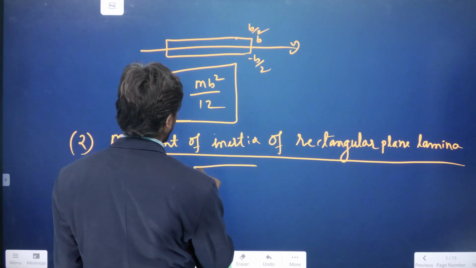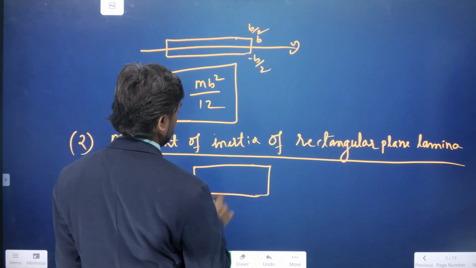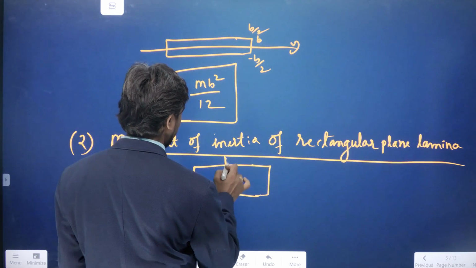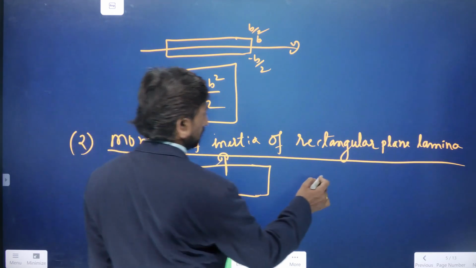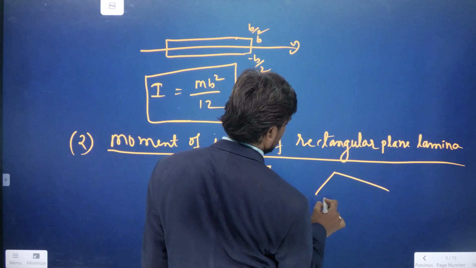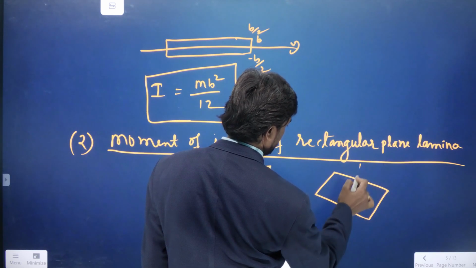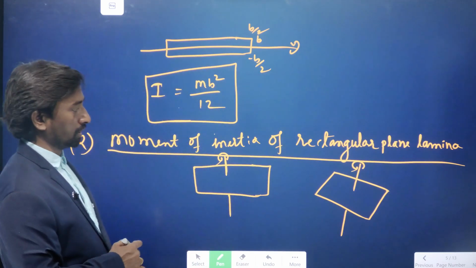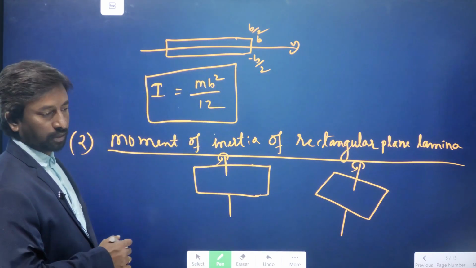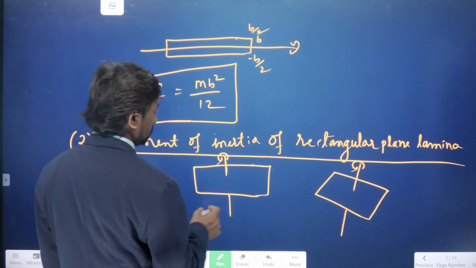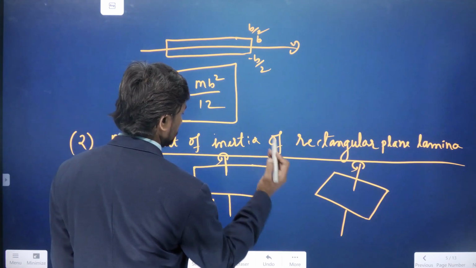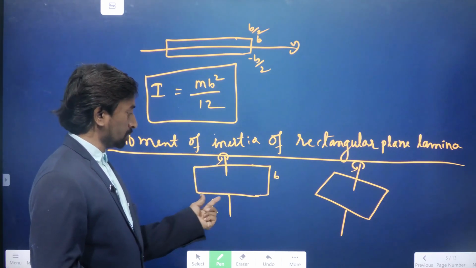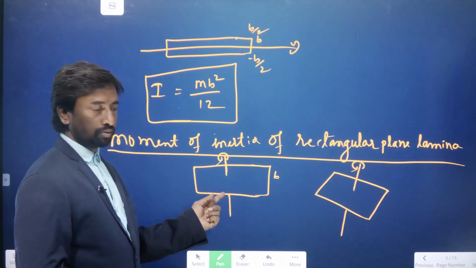Suppose this is a rectangular plate, and the line passes through it like this. About this line it is rotating, that rectangular plane is rotating about that line. Now here we will have the length and the breadth. The plane lamina is rotating about this line, which is perpendicular to it and passing through the center. So we will write there: